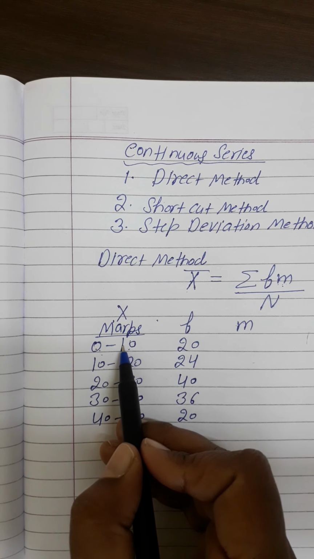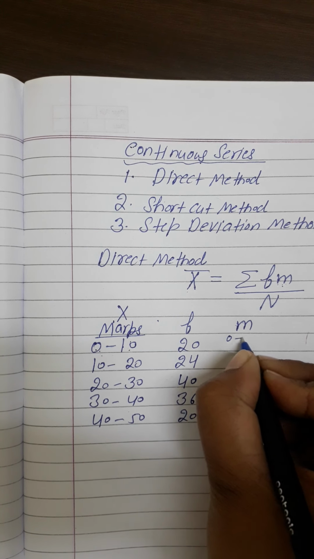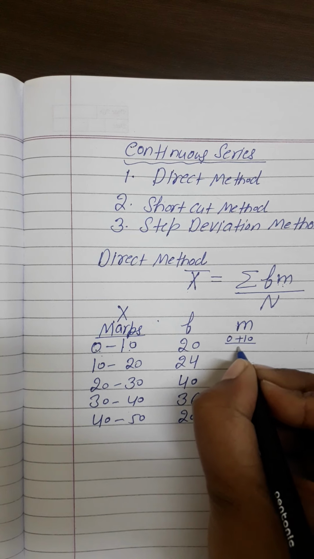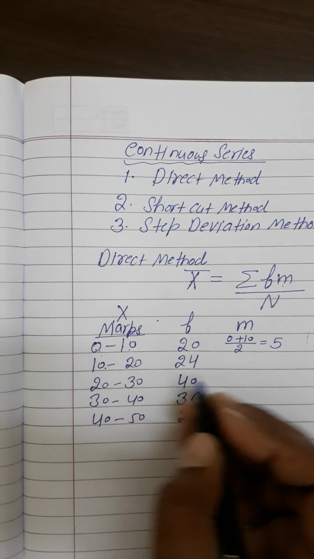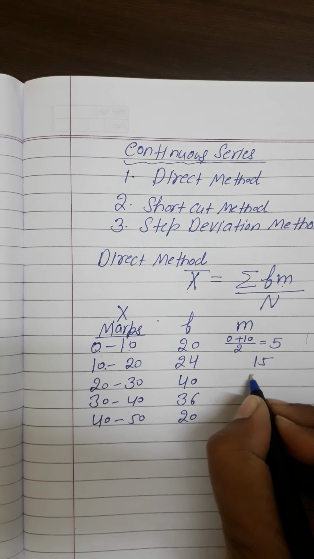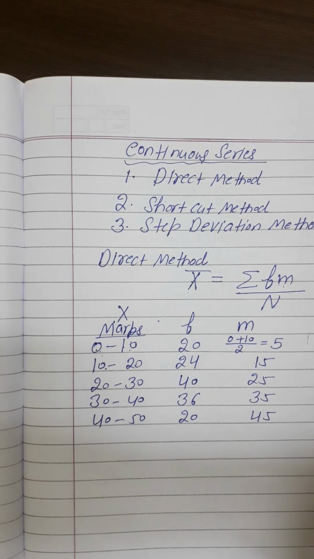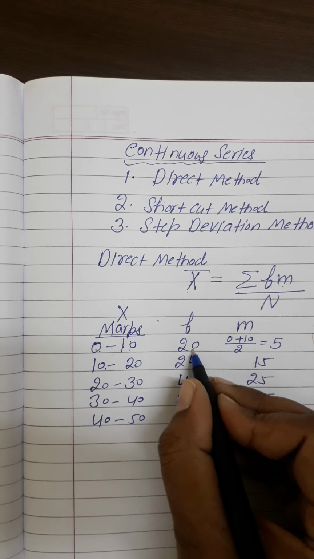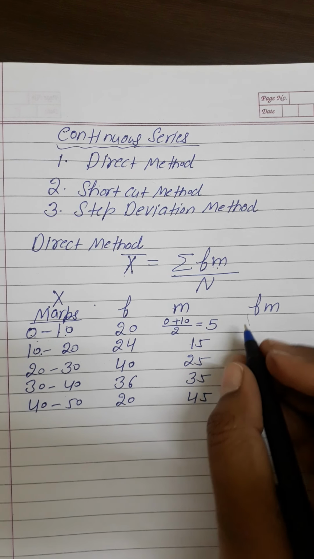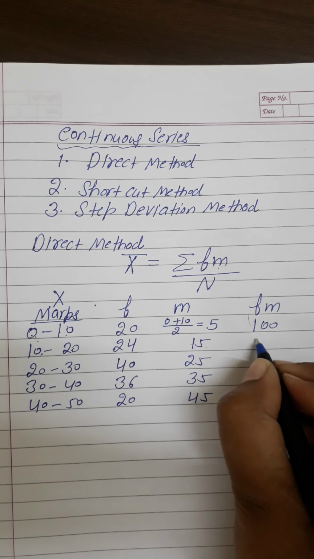0 to 10 का मिड पॉइंट कैलकुलेट करने के लिए लोअर लिमिट प्लस अपर लिमिट डिवाइड बाय 2, that will be 5. 10 plus 20 divided by 2, 15, 25, 35, 45. These are the midpoints. We will calculate FM, F multiplied by M. 20 into 5 is 100. 24 into 15 is 360,